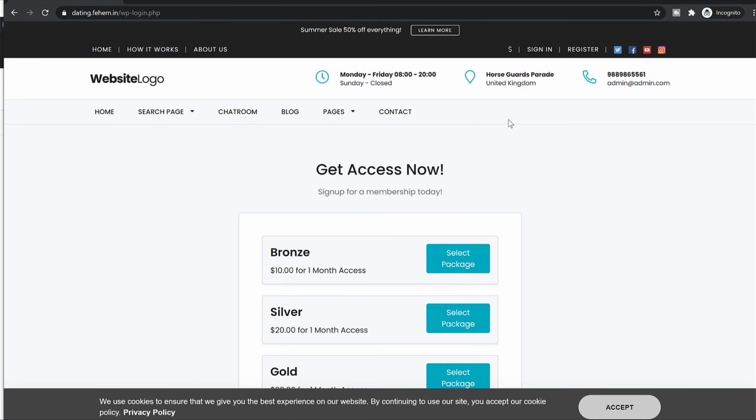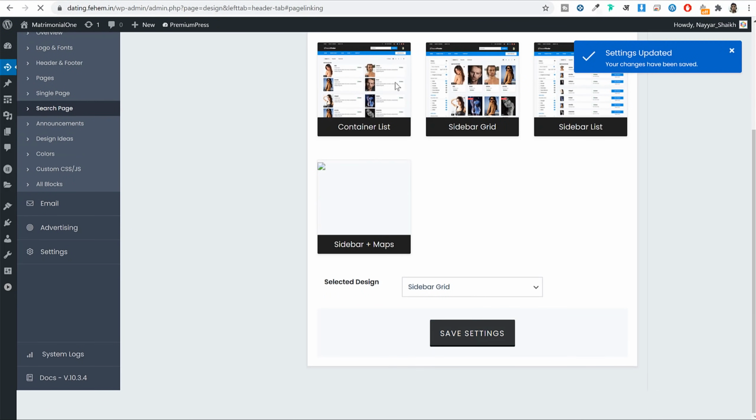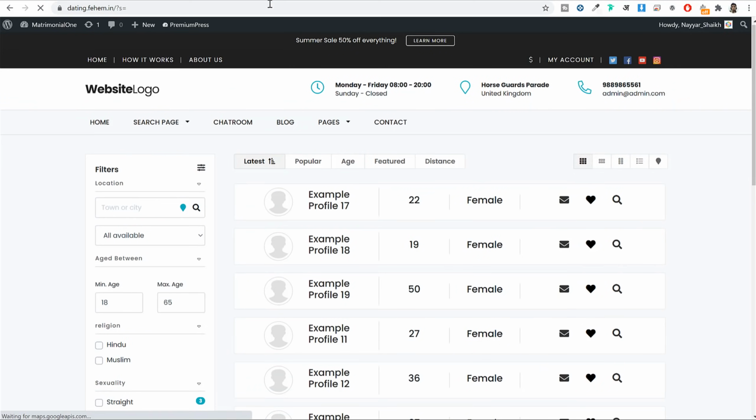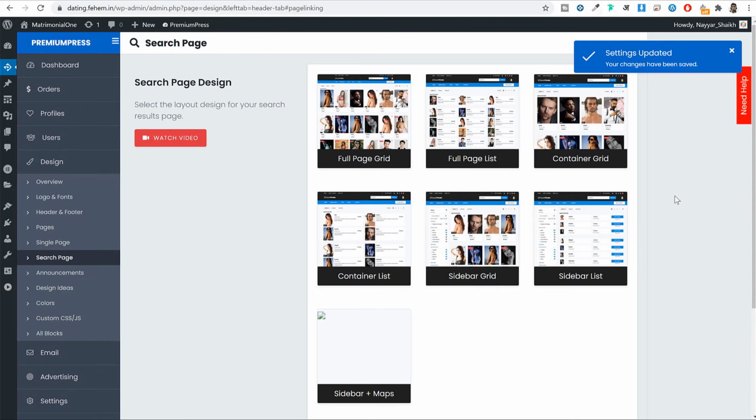I cannot see that page because we have disabled that thing. But this is working. If you refresh it multiple times, you will ultimately see that change. After a few seconds, it will automatically fade away and you will see the final setting. We have to do it multiple times. I don't want to do that. Again, come back to this page.